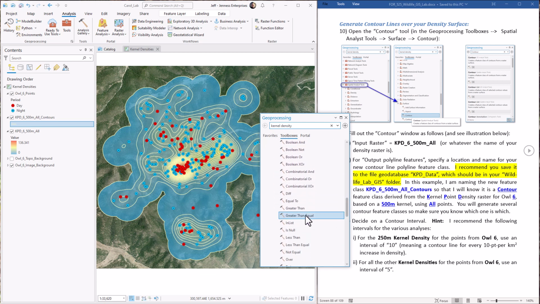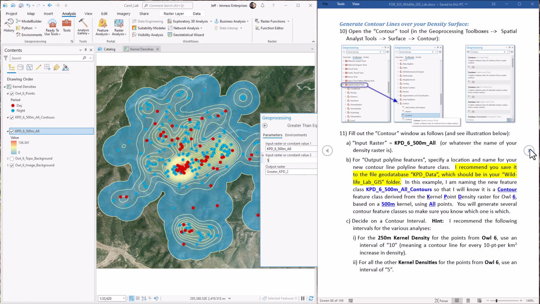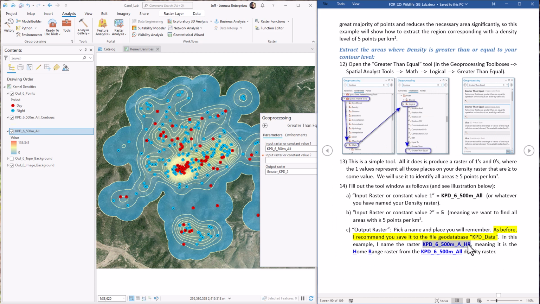Okay, the raster we're going to analyze is this. We're going to calculate greater than or equal to a value of 5, so we just type that number in there. And I'm going to name this the KPD, kernel point density,